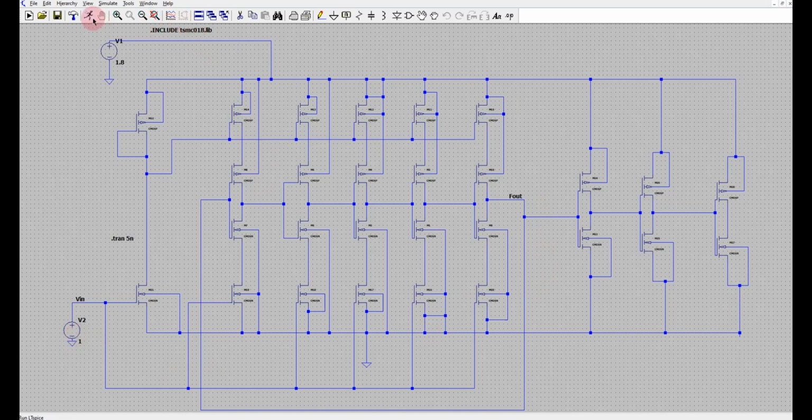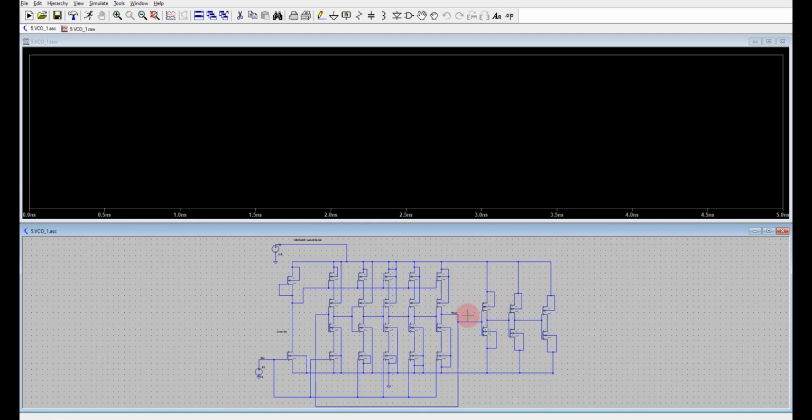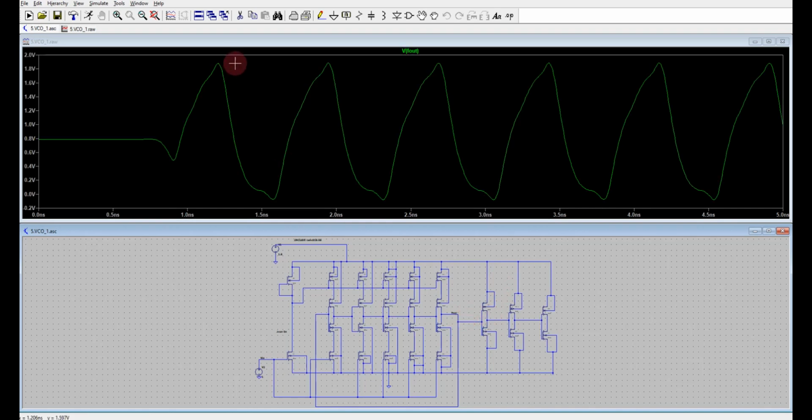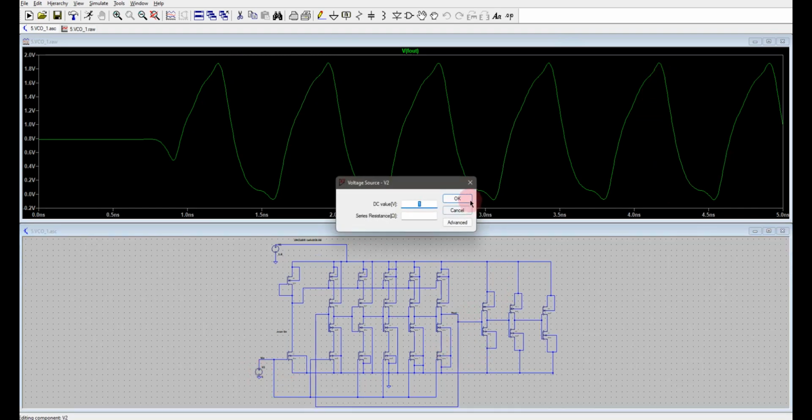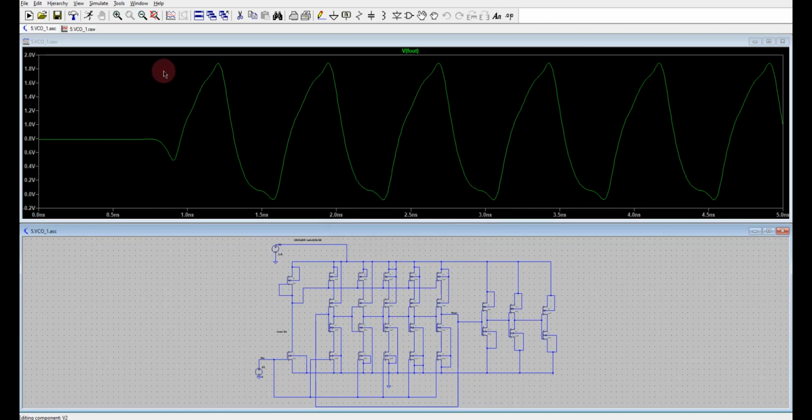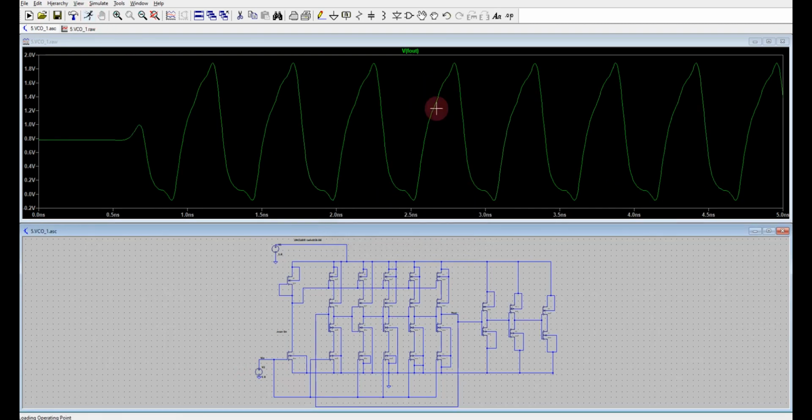So if you run a simulation and plot the output, you see these pulses out here, right? This is the kind of output you will get. Now this voltage, I have used as 1 volt. If I increase this to 1.8 volt or something and run that, you will find the frequency has now increased.